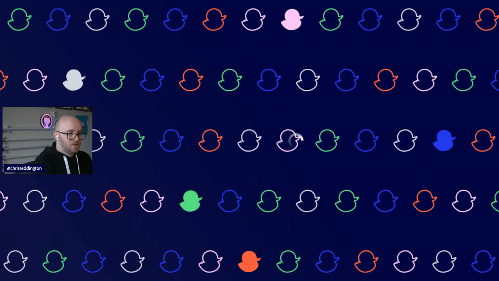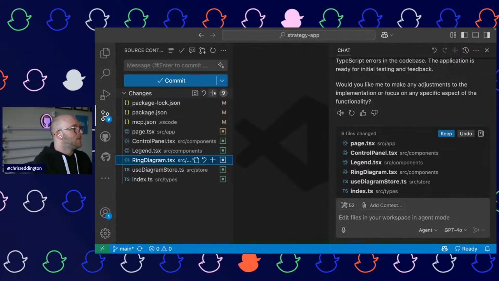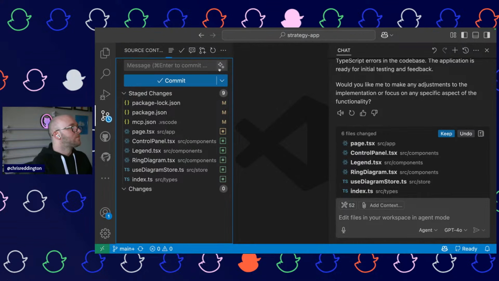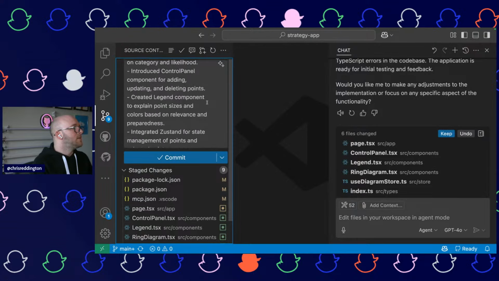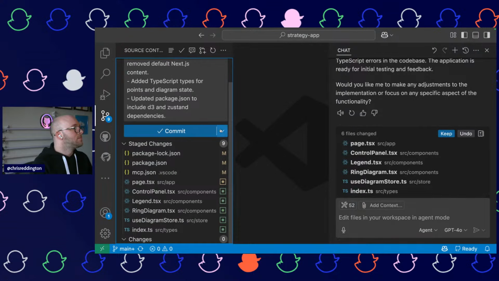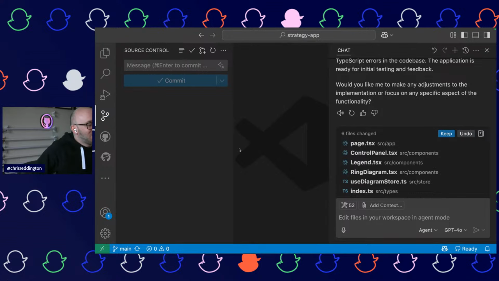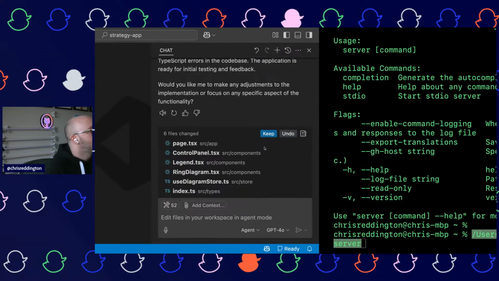Right, let me grab a screenshot of, in fact, no, what I'm going to do first is I am going to take an initial commit of that. I'm going to commit and push that. Shouldn't do it on the main branch, but don't do as I do. We'll get some good protections and things in place very shortly. I want to take a screenshot of the diagram. There you go.